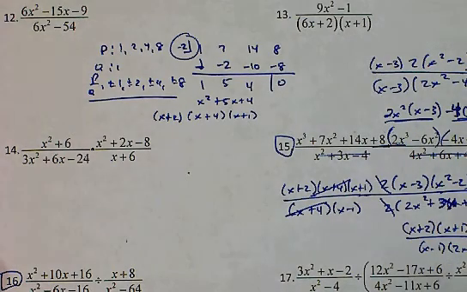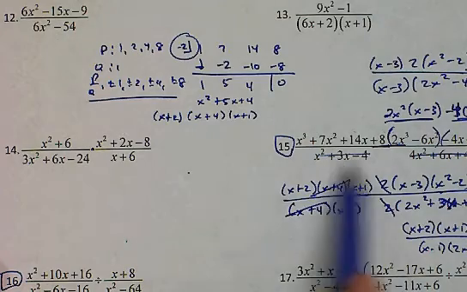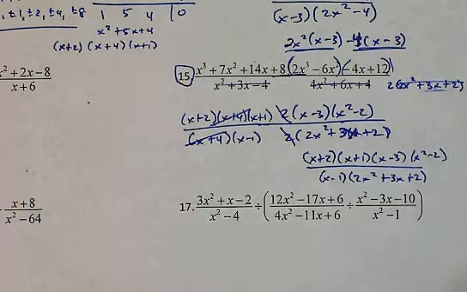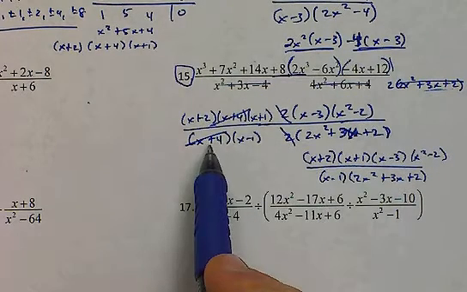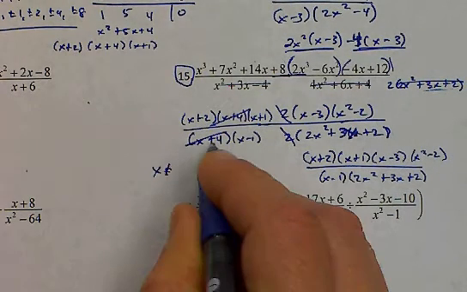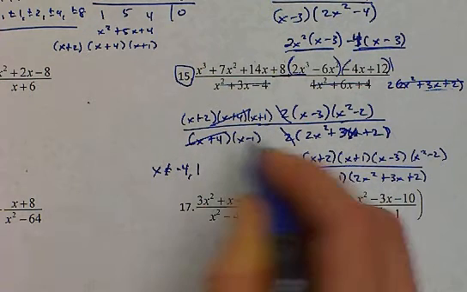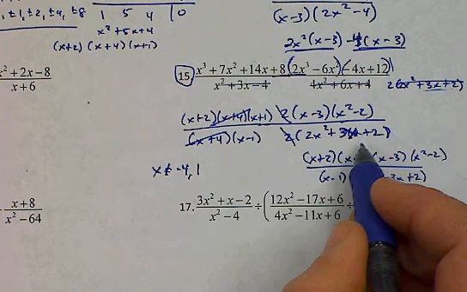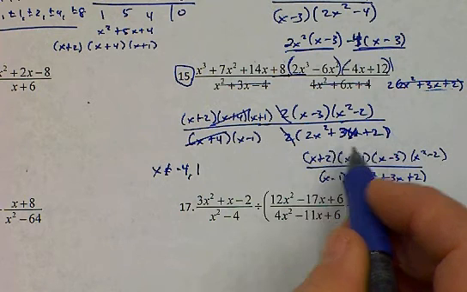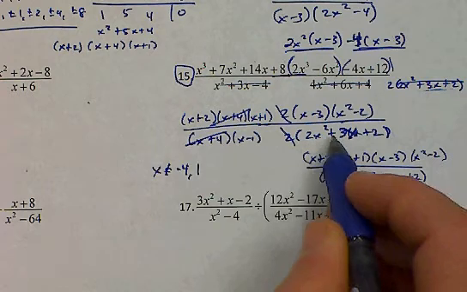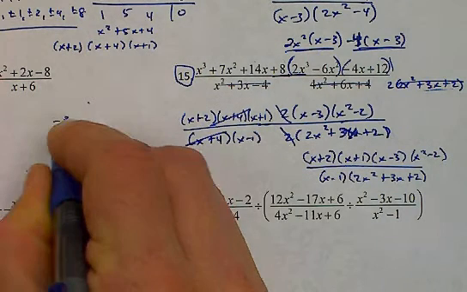I didn't flip any denominators or anything, so it's just what can make each denominator equal 0. And so we have x cannot be equal to negative 4 from right here, positive 1 from right here, and then whatever makes this equal 0. Well, we don't really know since that's a quadratic. So if I want to see what makes this equal to 0, I have to do the quadratic formula. So negative b plus or minus